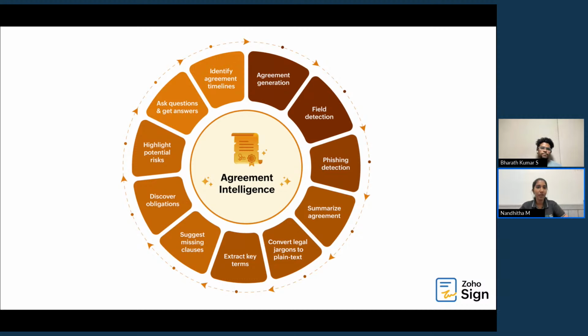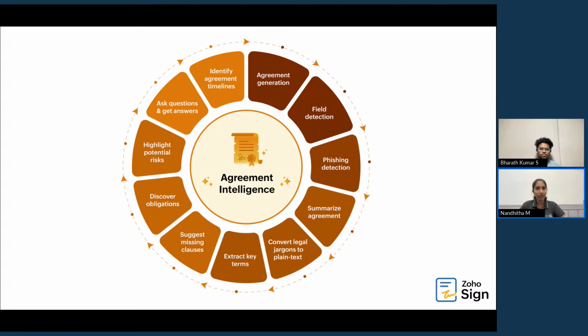And there's one more important feature that we actually skipped while explaining, which I'd like to just go through quickly, which is also one of my favorite ones, which is highlighting of potential risks. So when it comes to any document that you have, you might be worried that there are legal or any sort of financial risks involved. In those cases, if you're unsure, you can also put that as a question in Ask Zia, or you can also use the option called Highlight Potential Risks, which is a part of our AI Assistant tool, and that will pull out any risks that are there, both legal and financial.